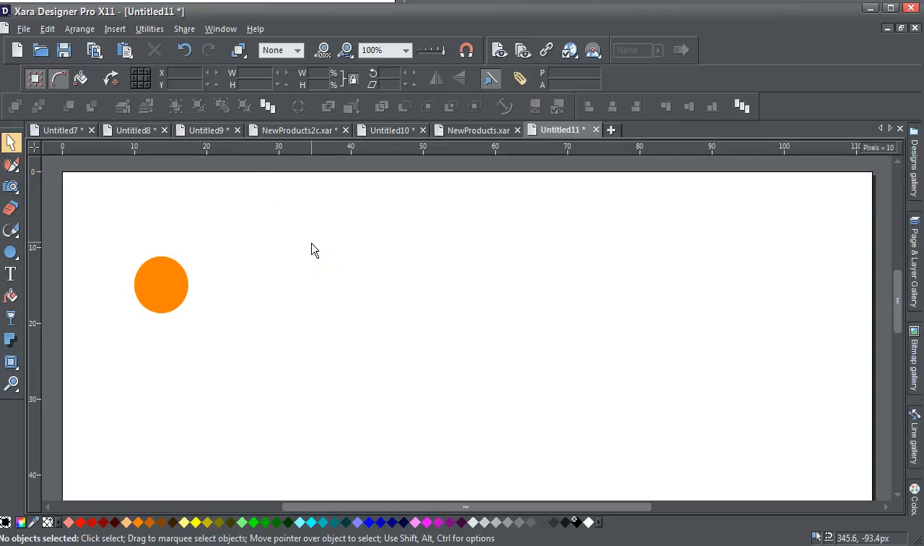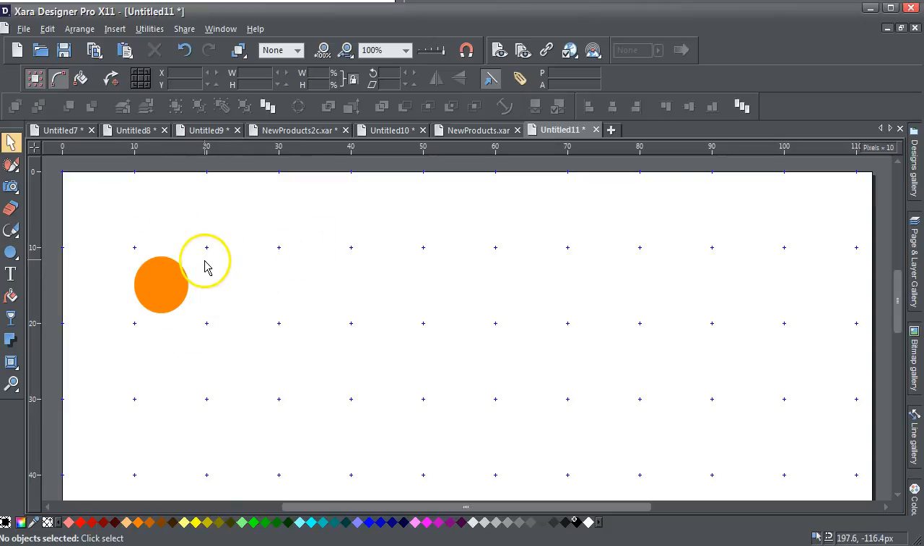Okay, so I'm going to hit the hash key, which you can't see at the moment. It's very dark in here. Hash, and that shows the grid. Then if I go to window,